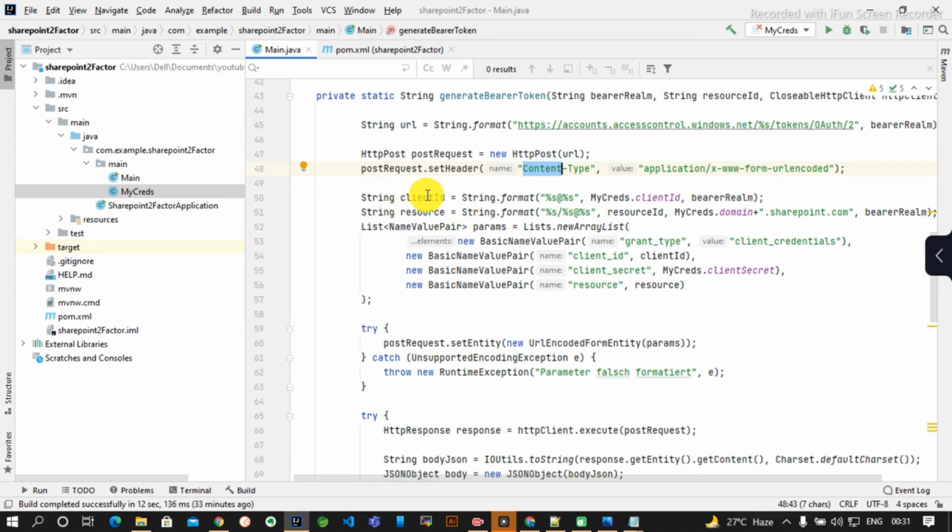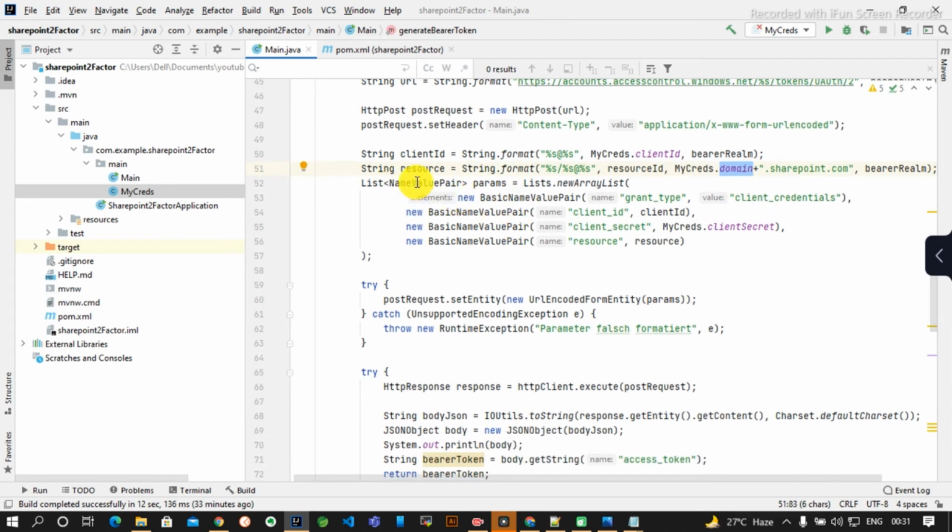Here the same thing I am doing here. The percentage will be appended, whatever the client id is, this bearer realm will be appended with the client id. Same thing, the resource id will be appended with the domain name, the SharePoint and the bearer realm. Okay, this does the same thing, it will append all those things.